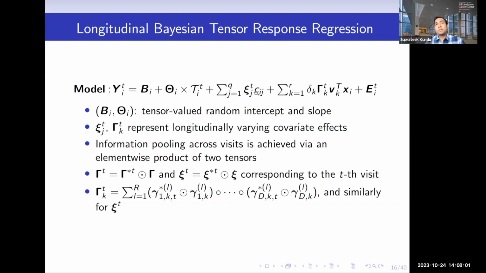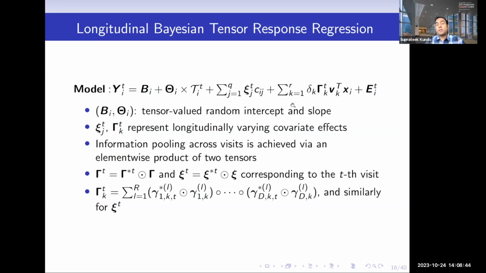Initially, it might appear a little strange, if you will, given that we only have cross-sectional covariates. What is the need for these time varying coefficients? But that's the justification, just what I suggested. And also we did some validation for the ADNI analysis that showed us that using these time varying coefficients really pays off in terms of providing a better goodness of fit for our model. Now, two things we have not addressed here. One is, how do we borrow information across visits? How do we borrow information across visits indexed by t? And the second is, how do we incorporate the gene network information?